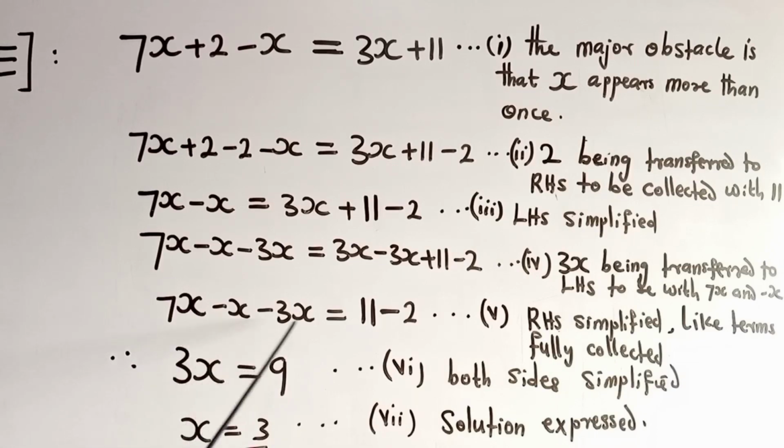Therefore, simplify both sides. 7x minus x is 6x. 6x minus 3x is 3x. Therefore, the value of the left-hand side is 3x. And the value of the right-hand side is 9. Therefore, 3x from the left-hand side is equal to 9 from the right-hand side. In this case, both sides have been simplified. If we solve this 3x is equal to 9 further, I'm sure that with the skills you have already gathered, you will get the answer that x is equal to 3. And that is the solution